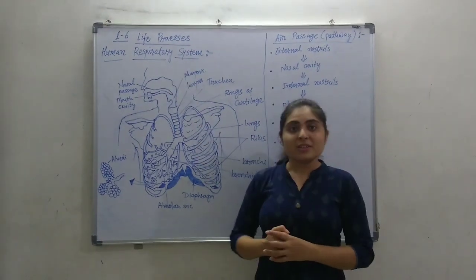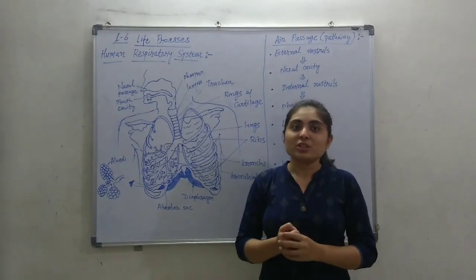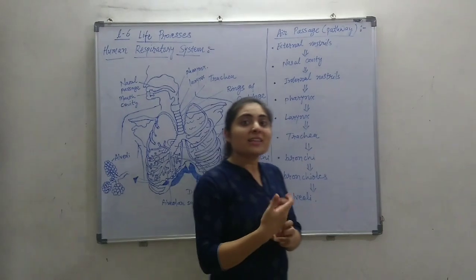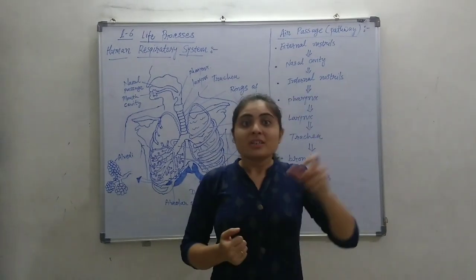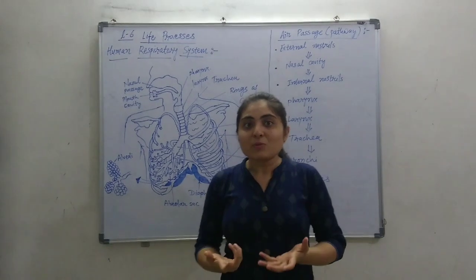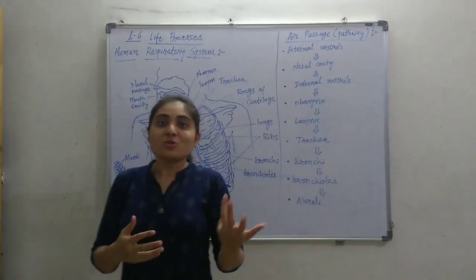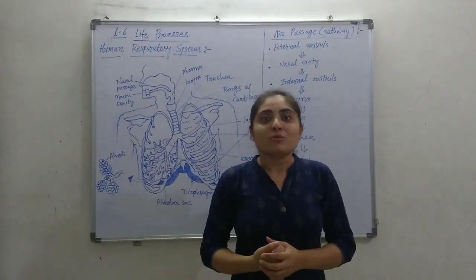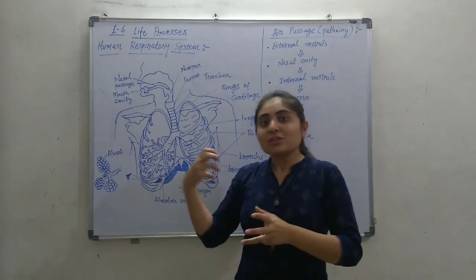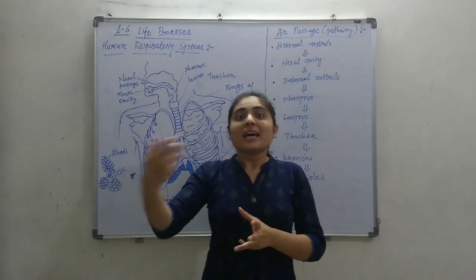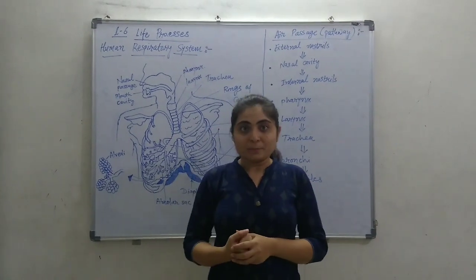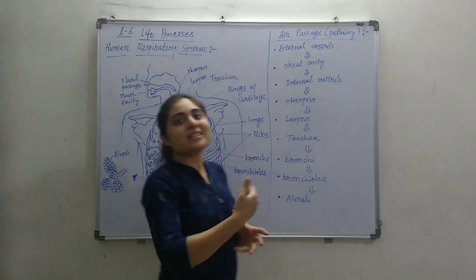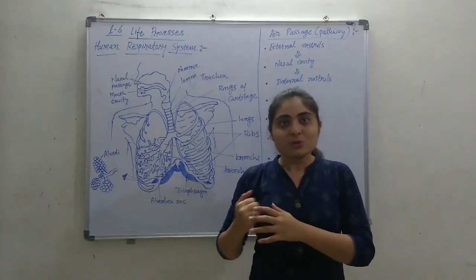So here, the human respiratory system provides the intake of oxygen to the blood. Also, after the respiration process in aerobic type, carbon dioxide is an end product. This carbon dioxide gas is not needed inside the body, so that waste product should be thrown out of the body. So this respiratory system also provides the exhalation of carbon dioxide. Oxygen is taken and carbon dioxide is removed from the body through this system.